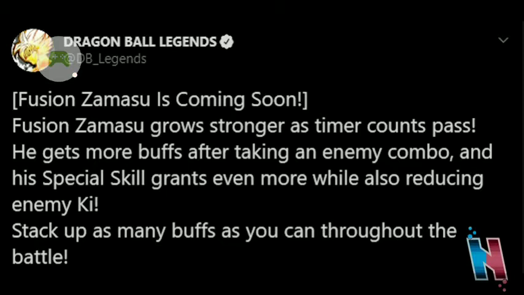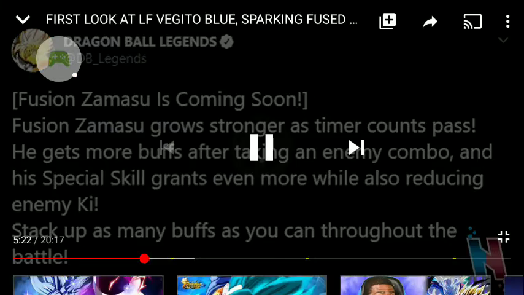With the other details that we got when we got the reveals, they said that Zamasu is going to be one of those extremely annoying characters the longer he stays on the field. And of course, those buffs are going to be primarily the reason why. Not only that, being able to cripple your opponent's ki is always going to be annoying, because you can get as many cards as you want, but if you don't have the ki to use any of your arts cards, obviously that becomes a problem. Not only that, he does...